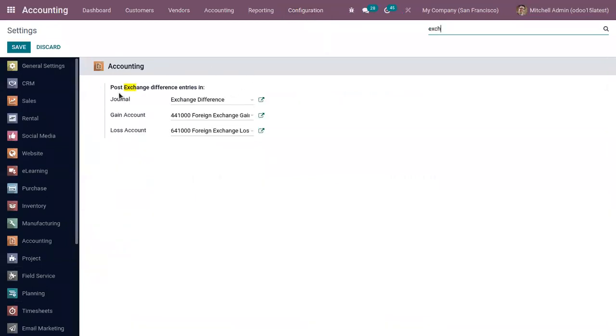Then Odoo also allows us to post the currency exchange difference entries. Here it records the differences in payment registration and the expected amount. Suppose we receive payment against an invoice 2 months after invoice creation, then the exchange rate most probably will have changed. So this rate difference journal is used to create journal entries of loss or profit caused by the difference in the currency exchange rate. And here we can also add the gain account and loss account.